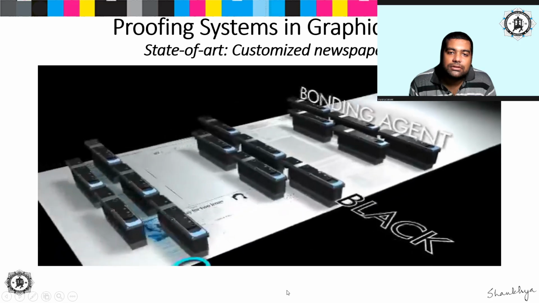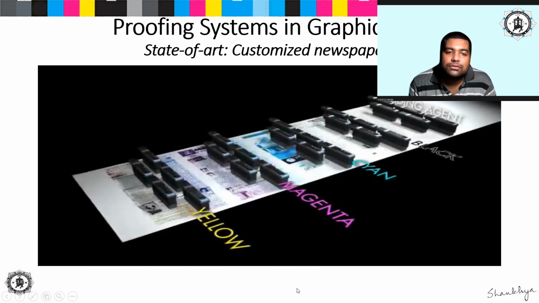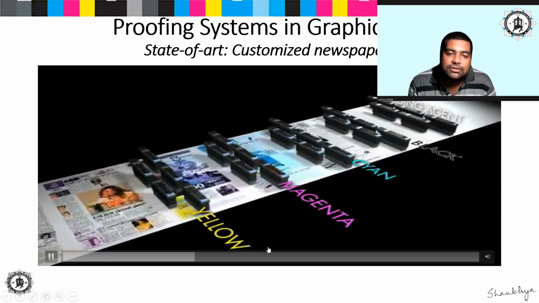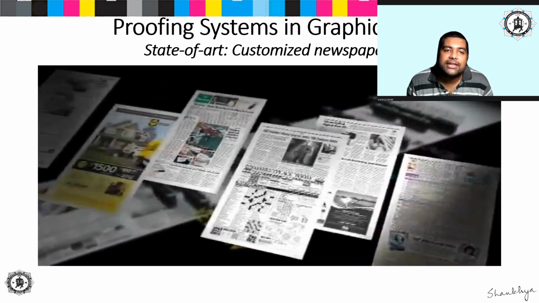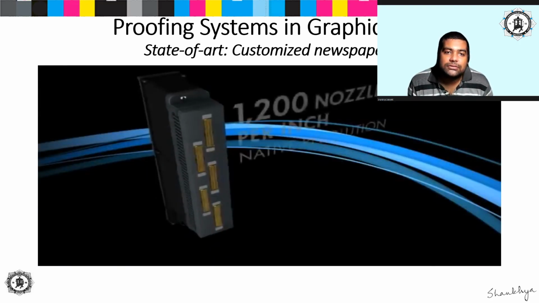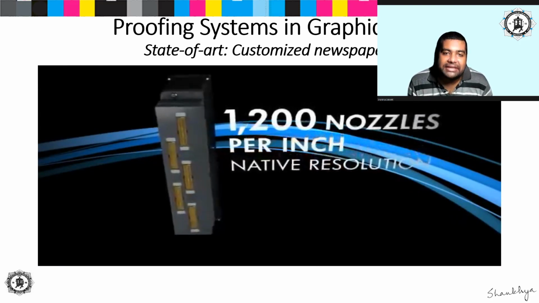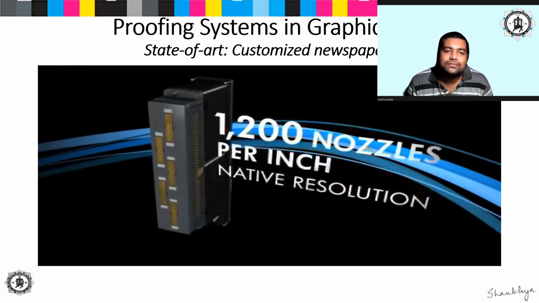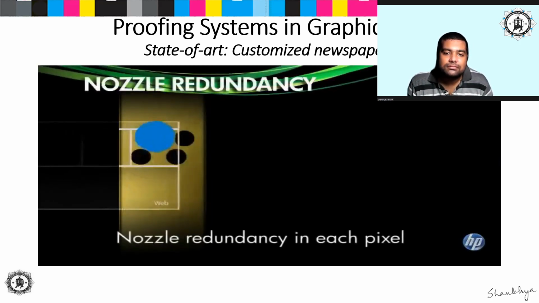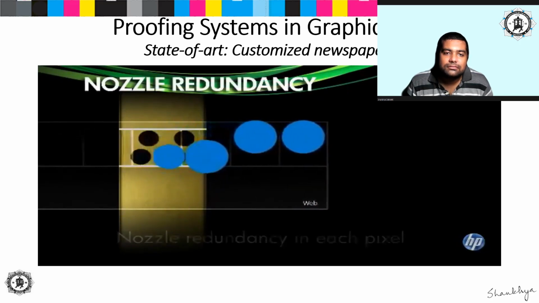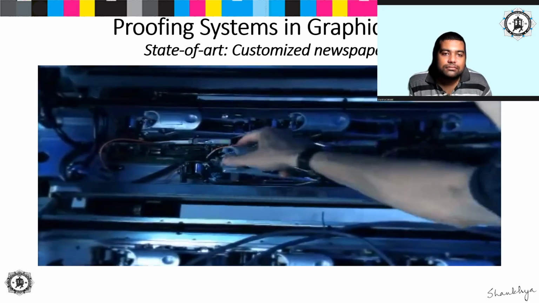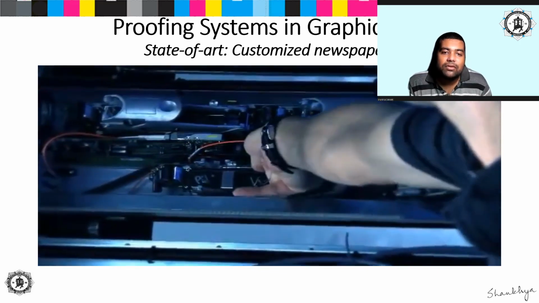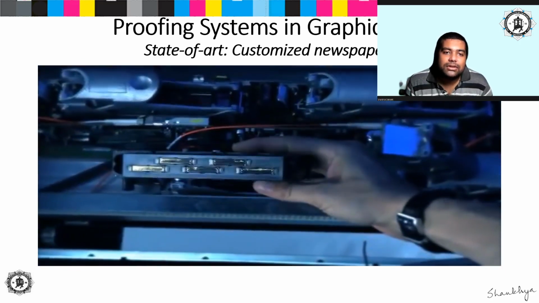The first print bar is for bonding agent, a colorless liquid selectively printed first underneath wherever drops of ink are placed. It improves quality on a wide range of standard uncoated papers. Each printhead has 10,560 nozzles and prints with either 1 or 2 colors of ink at 1200 nozzles per inch native resolution. HP's nozzle redundancy ensures greater press uptime by delivering reliable output. Each printhead is individually replaceable quickly and easily by the user. You replace only the printhead that needs replacing, not the entire print bar.